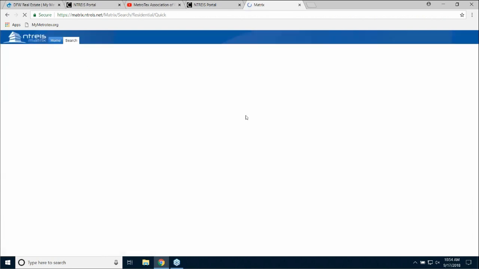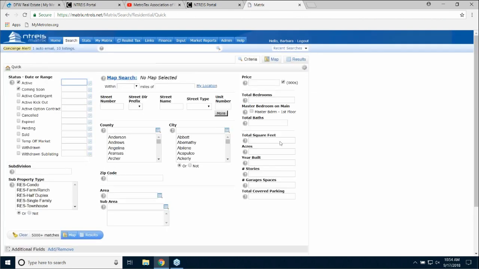So I pick whatever search I want. And right up here, it says Map Search. If I click Map Search, I'm just going to do active and single family. And I'm going to narrow it down by the city so I don't get so many on the screen. If I click Map Search right up here,